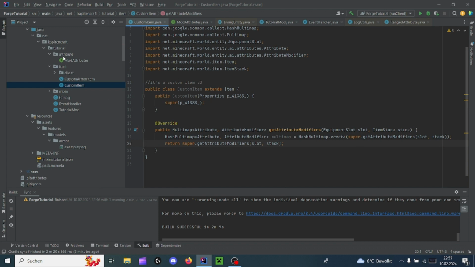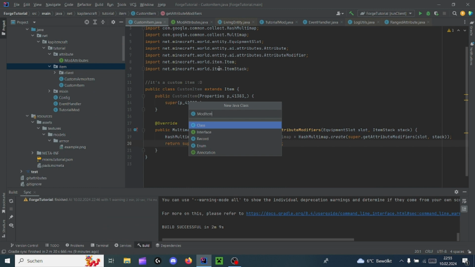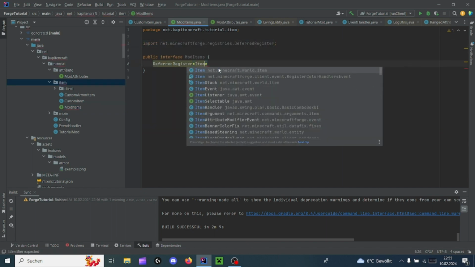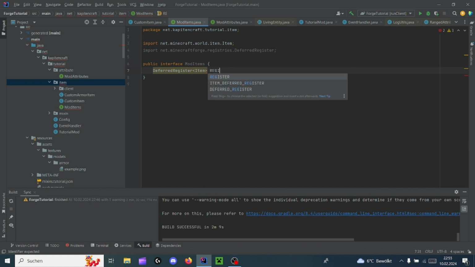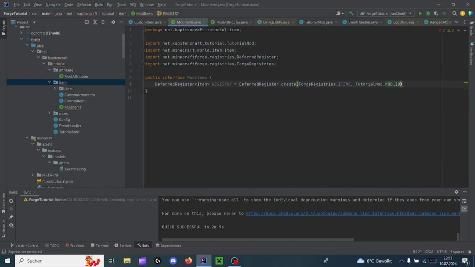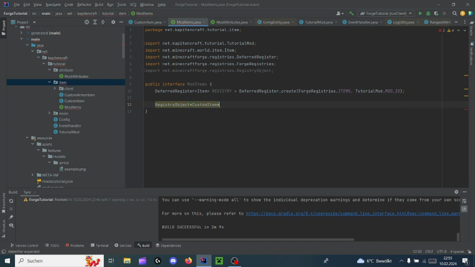I'll have to make a new mod items class. Anyways, the item registry tree is equal to deferred registry dot create forge registries dot items and tutorial mod dot mod id. Next, registry object of type custom item is equal to